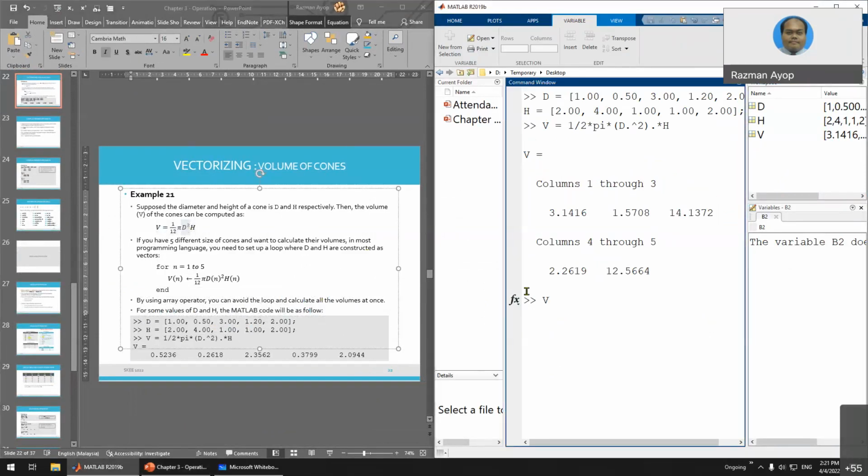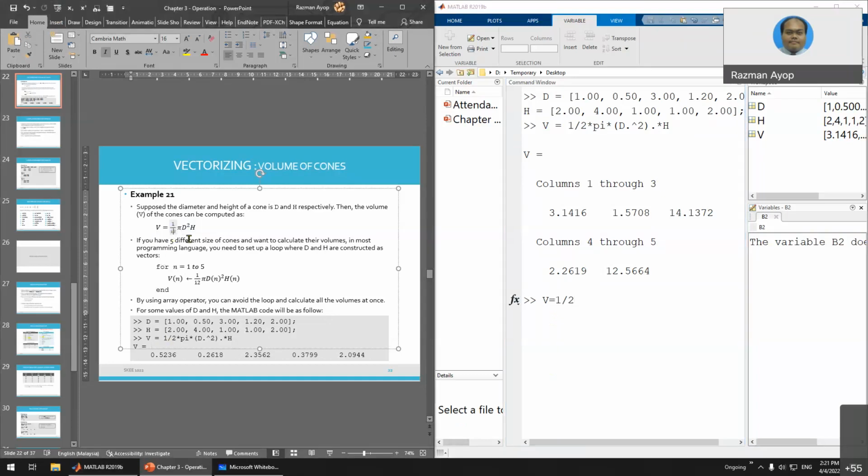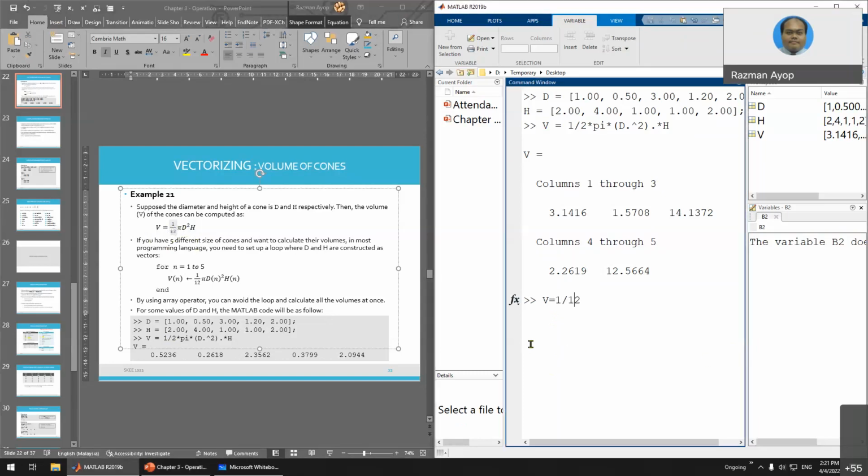So V is equal to 1 divided by 2. For this case, it is 1 divided by 2, not 12. I think the formula is 12, but no need to worry about the formula. Then multiply by, remember the constant in chapter 2, pi. You just write pi and automatically it will assume it is 3.142. Okay, and multiply by